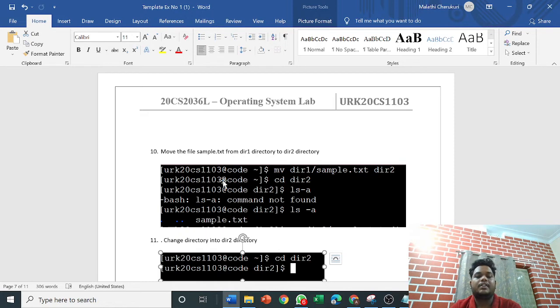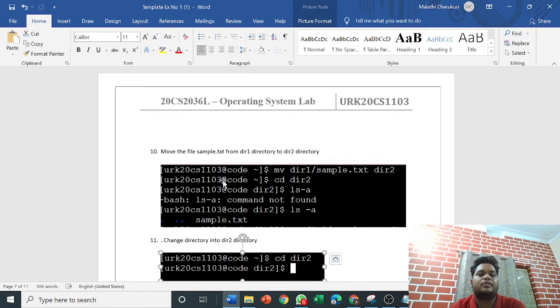we need to have cd directory 2, ls -a. We can see that basically we have changed it, before it was there in a different home directory. I wanted to check whether the sample text has really changed or not.